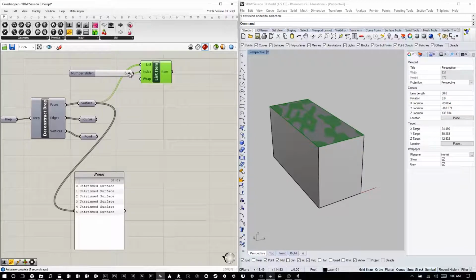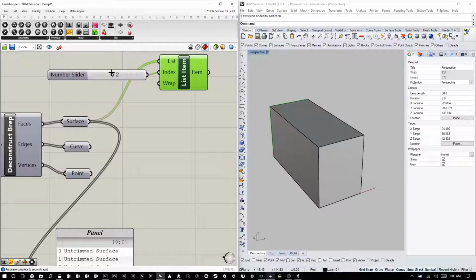That way I know that I am selecting one of these surfaces. If you give it a bigger number slider than the actual items, it repeats the list, right? So shorter list, longer list again. And so with the list items selected, I can cycle through and grab a specific surface and do interesting things